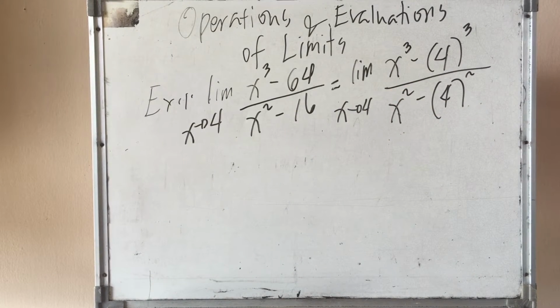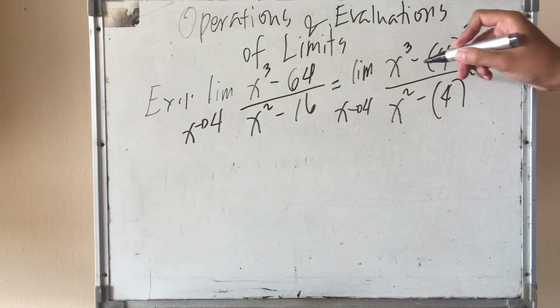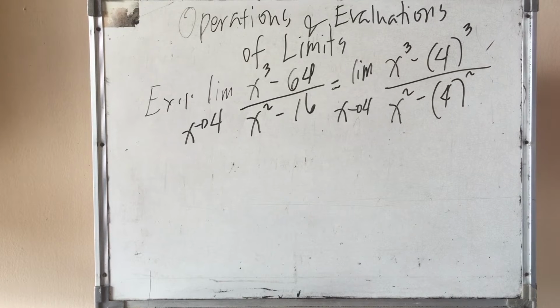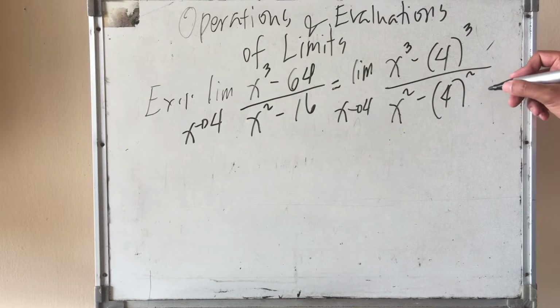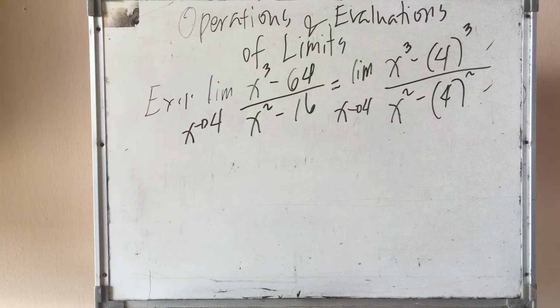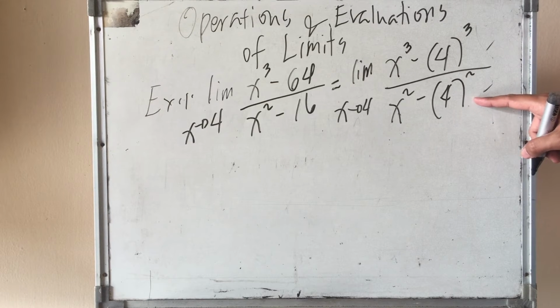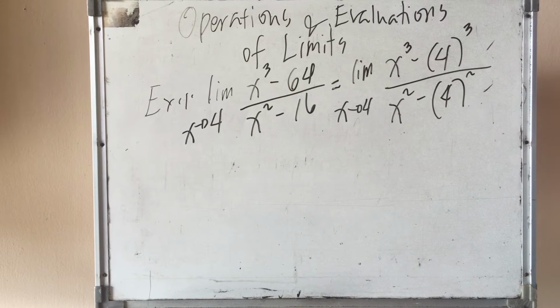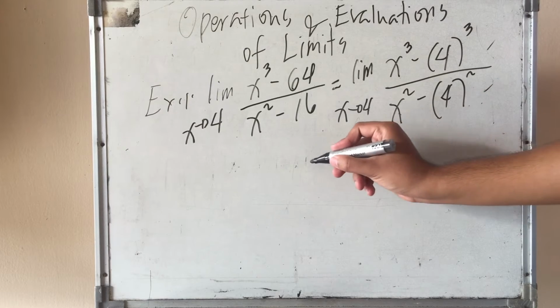Then we apply algebra from this equation. On the numerator side, we will apply the difference between 2 cubes, and on the denominator side, we will apply the difference of 2 squares. So applying those properties, we have